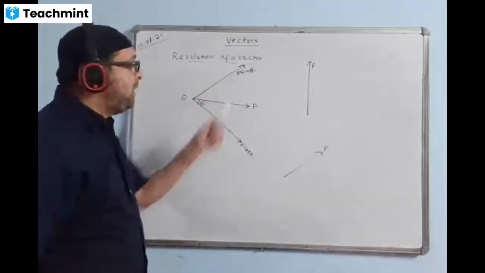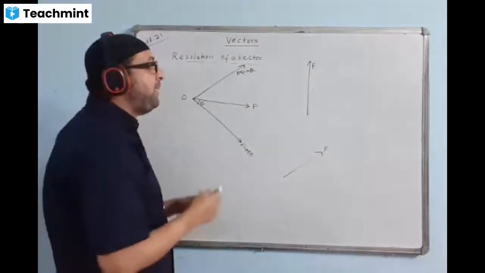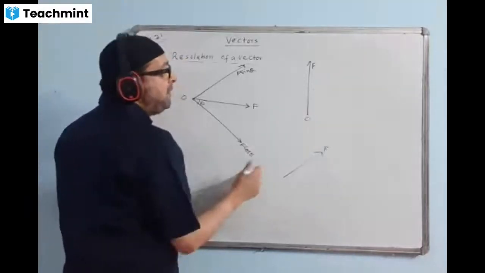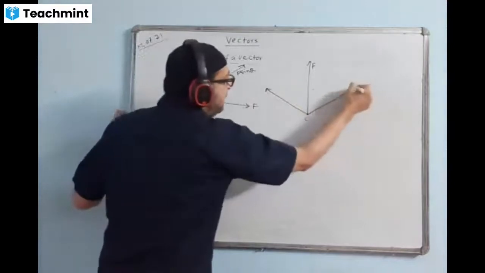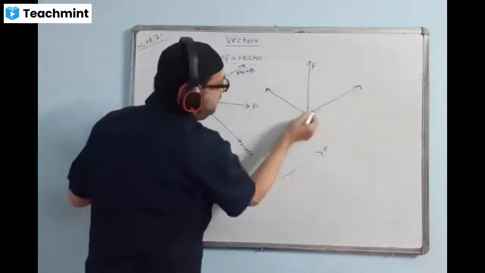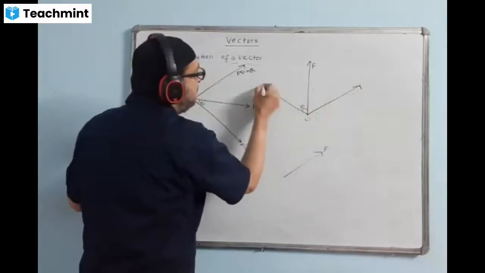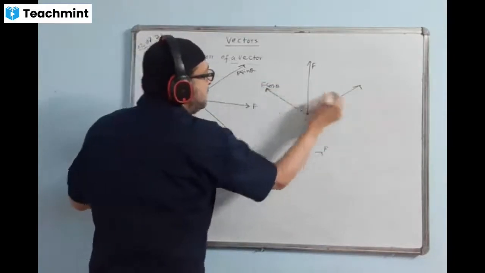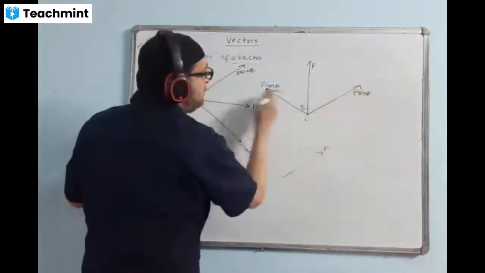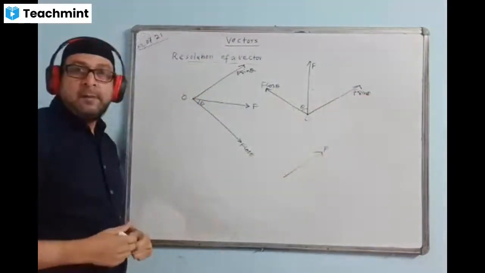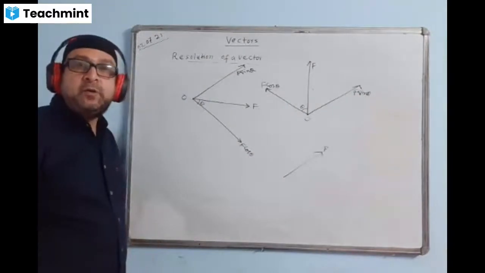Like this I showed. If we are forced to break into two components, how can we break it? We go over here, take one component like this, and another component like this. These two components make a 90-degree angle. If here is the angle theta, this value will come F cos theta, and this value will come F sin theta. This will come in cos, this will come in sin. That means every vector we can break into two components.